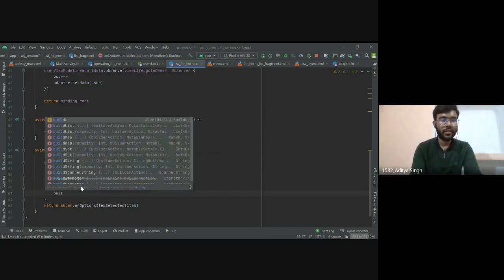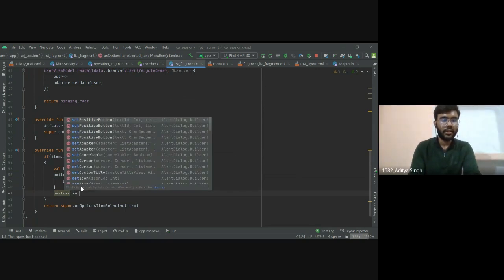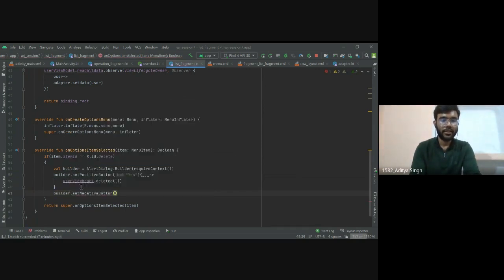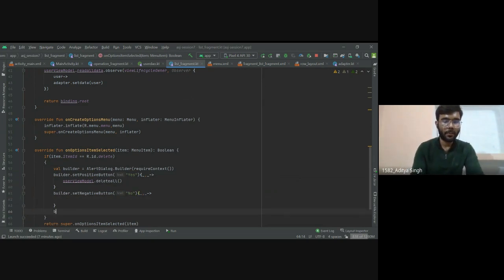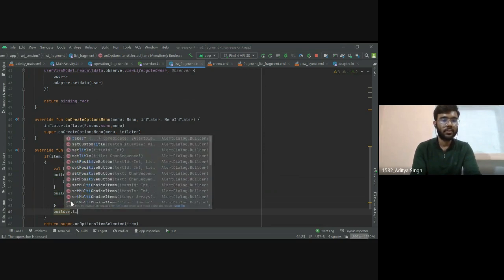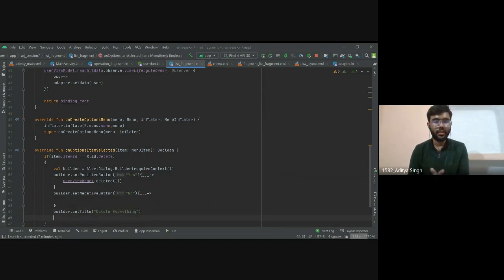Similarly, we can create a negative button. builder.setNegativeButton, and let's name it No, and we'll pass underscore here. We don't want to do anything on pressing No, so we will leave it blank. Now we can set the title for our alert dialog, and we will give a message as well just below this title.